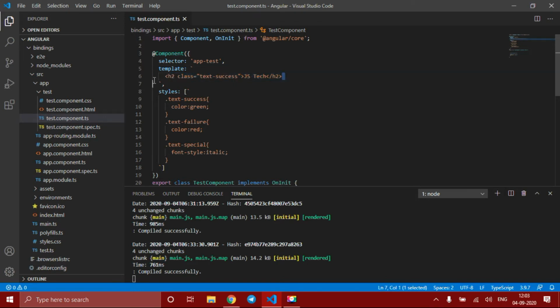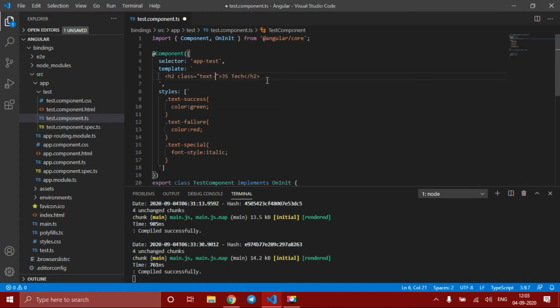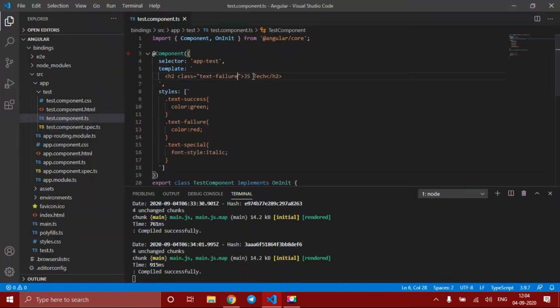This tag contains this text, so for this text we are applying success. Like this you can apply all three classes. This is the general way, but we don't use this.